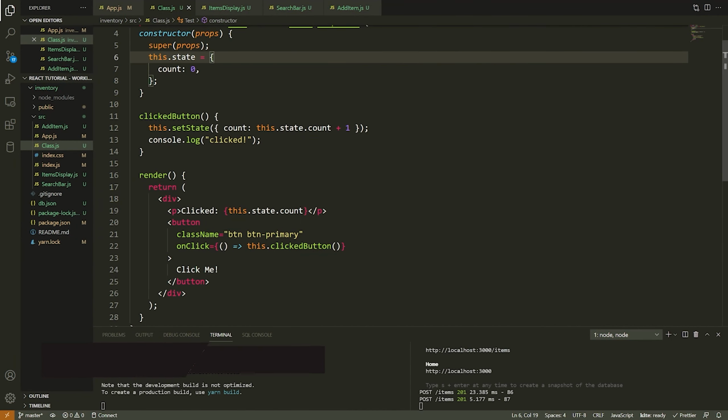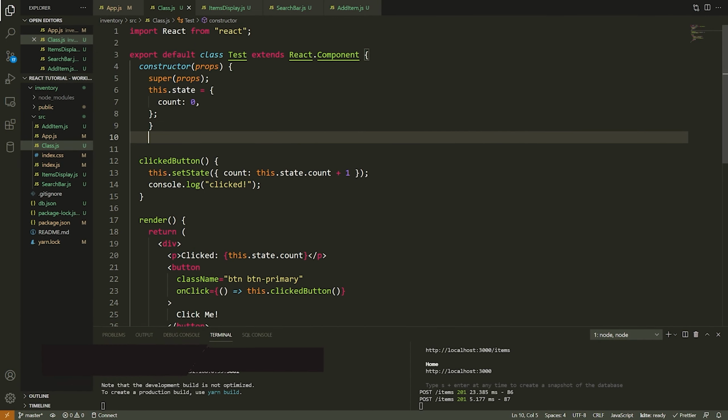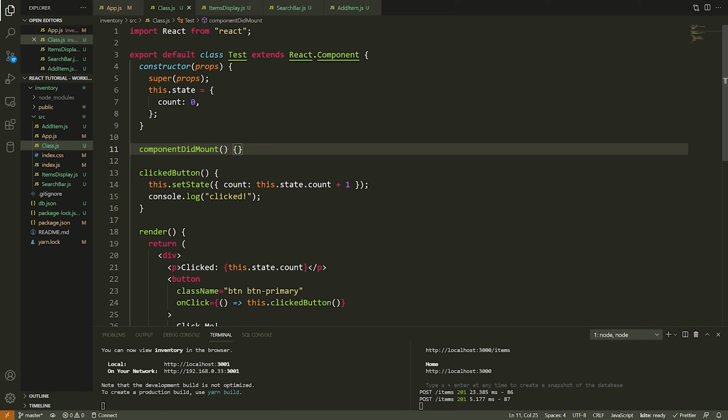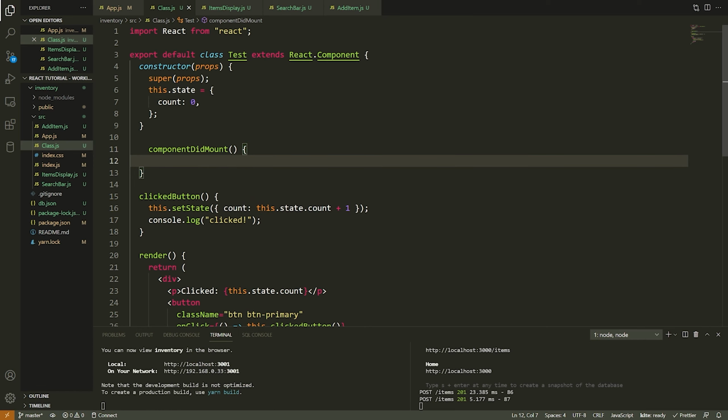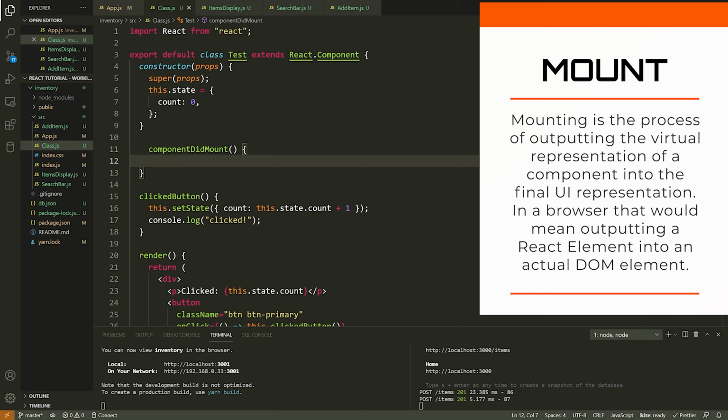However, now I want to talk to you about the life cycle methods. So we've done the setup. Now I can talk to you about them. So the first method I want to discuss is something called componentDidMount. Now, this is a method that you can define in a class-based component, and essentially this method will run when your component first mounts. Now, what does mounting mean? Well, your component is mounted once it has performed its first full render. So here I'm just going to say console.log mounted like that.